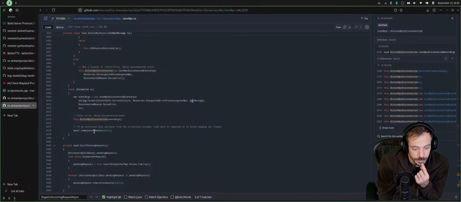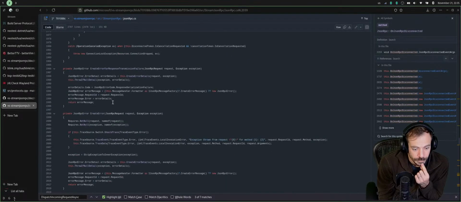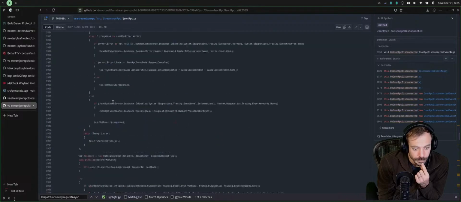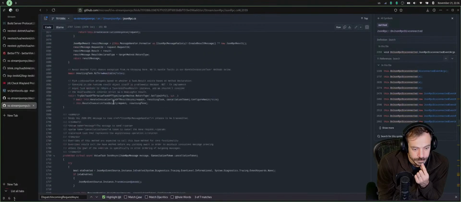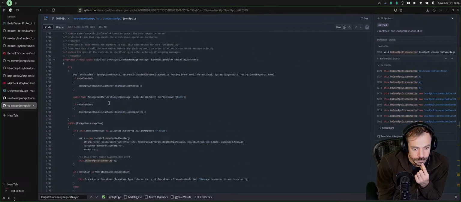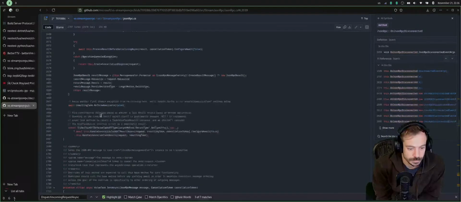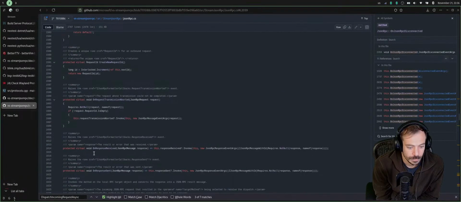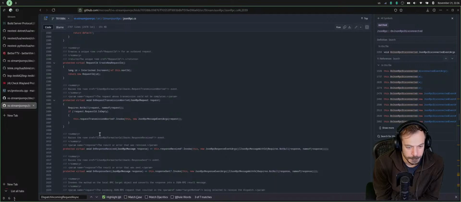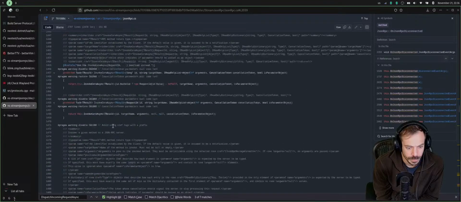Completion handler. Protected virtual on response received. More core.